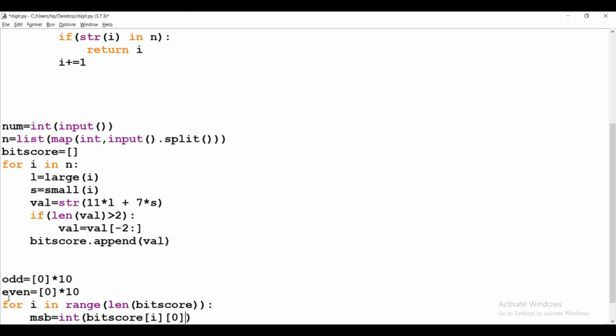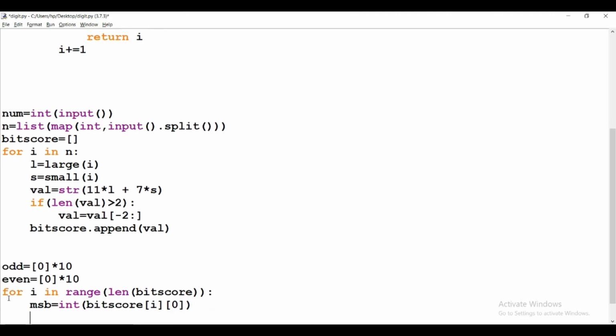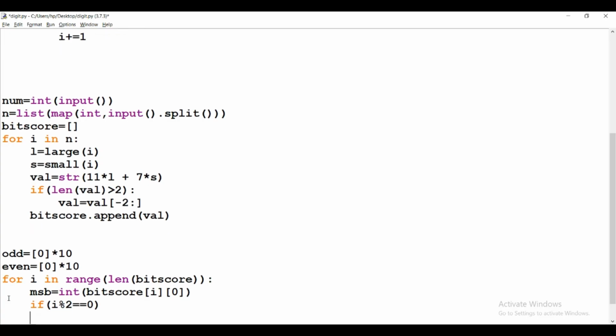Now we need to check whether the position is odd or even. If the position is even, so i modulo 2 is equal to 0, then we add the most significant digit in the even list. It is very simple.